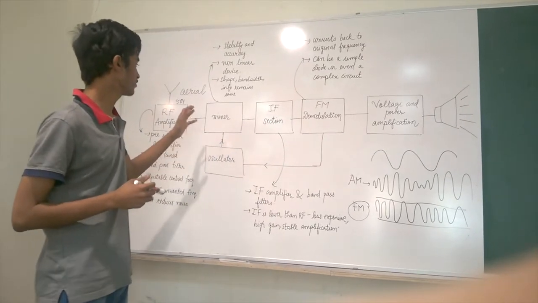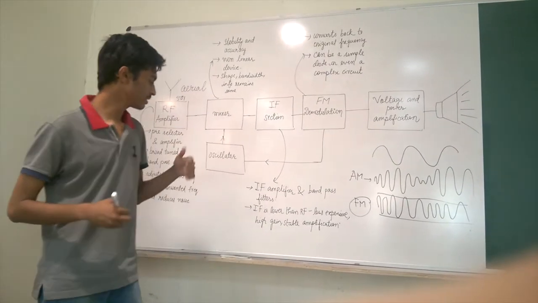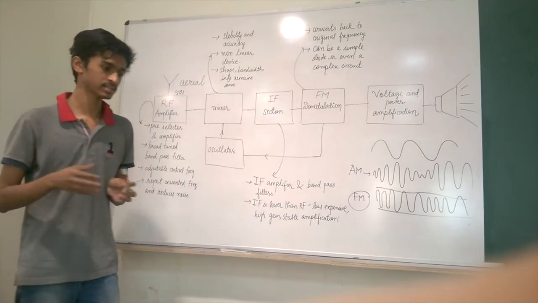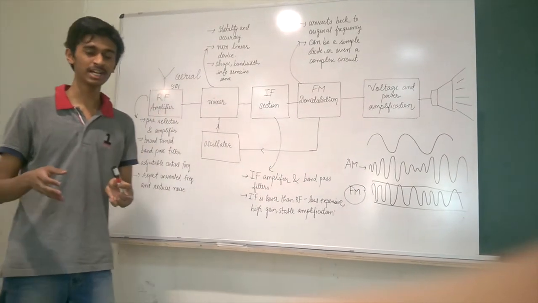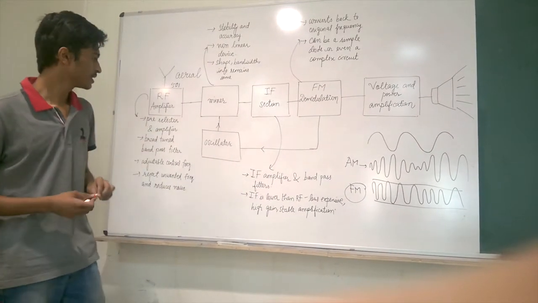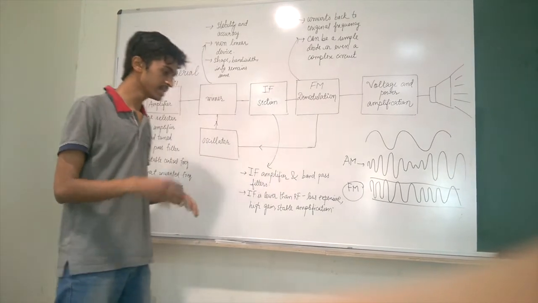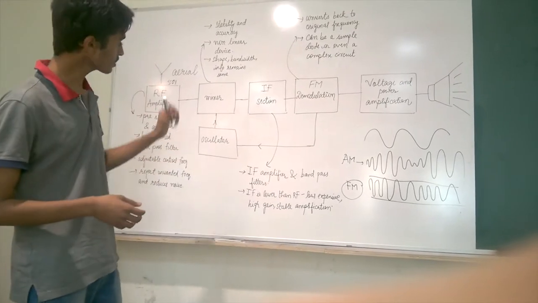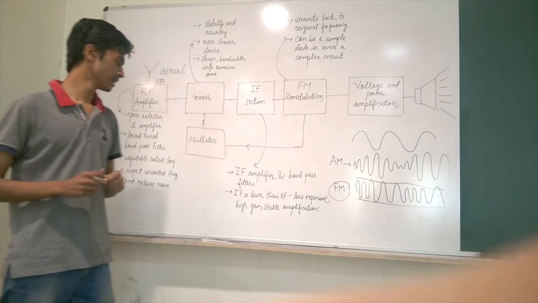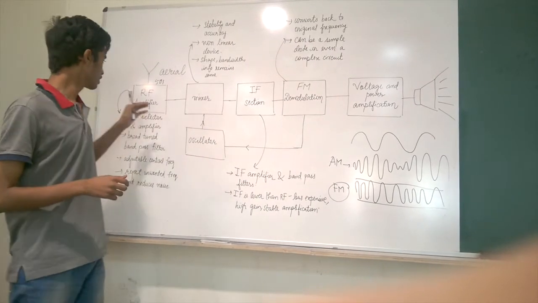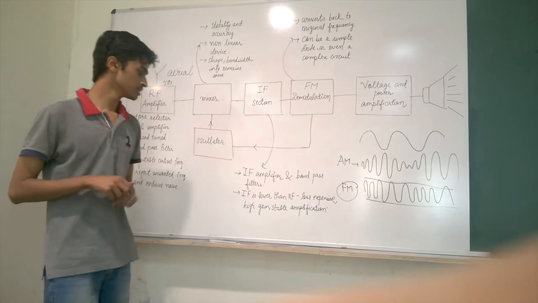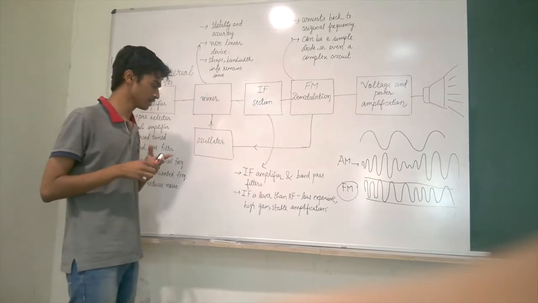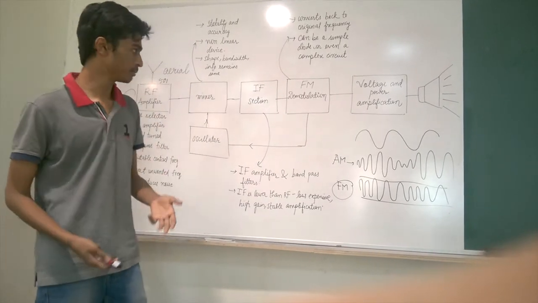After this, the wave is passed on to the IF section, which contains the IF amplifier and a band pass filter. We have various sideband waves which we get from the mixer. The IF section rejects those waves and only acts upon the one which we require, and it also amplifies the wave. The signal in IF has a much lower frequency than the signal in radio frequency because with lesser frequency it is less expensive, and we get stability and proper amplification.